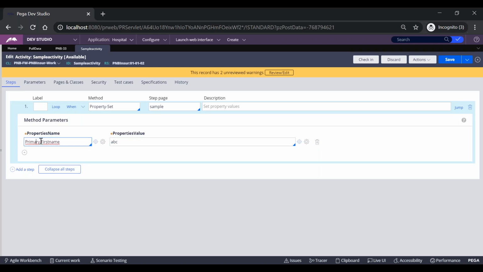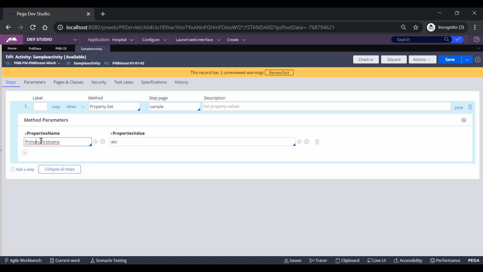So PRPC has a mechanism to convert the keyword into its primary page. If I'm using this activity in a flow, it will be considered as pyWorkPage.firstName, or if I'm using this activity in a service, then it will be considered as myServicePage.firstName. Likewise, we can reuse this rule multiple times. If I'm not using the primary keyword, then I would need two different activities for the same purpose.